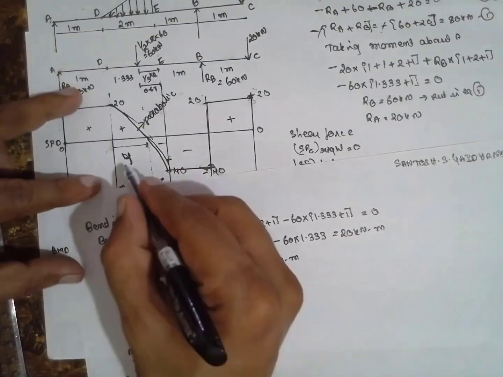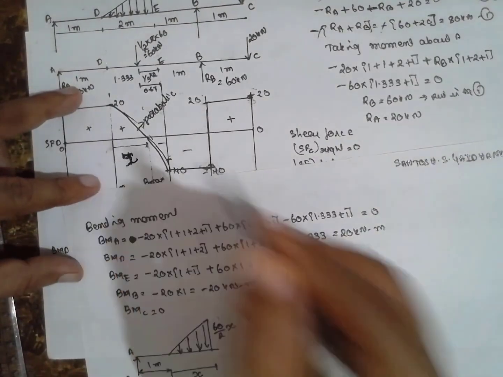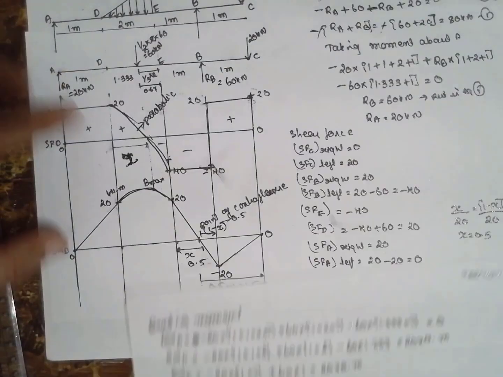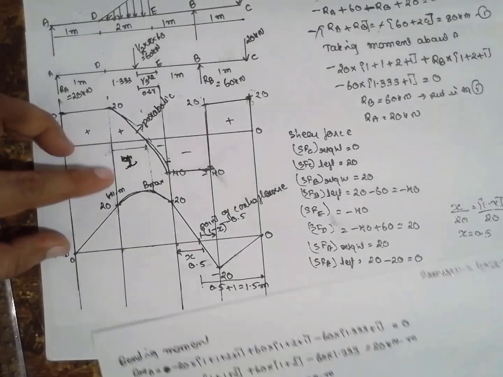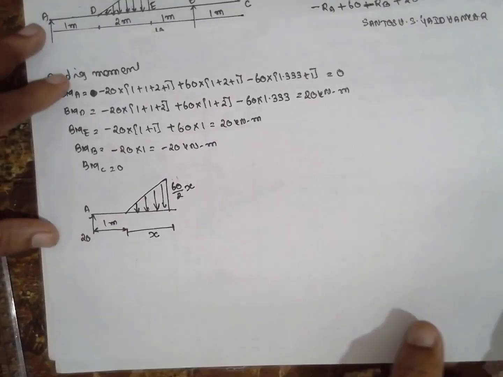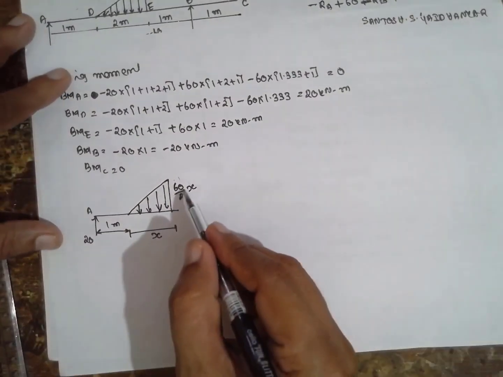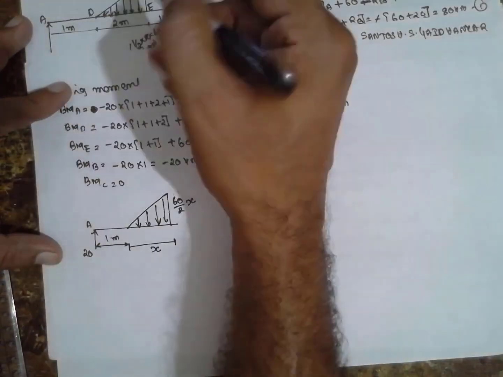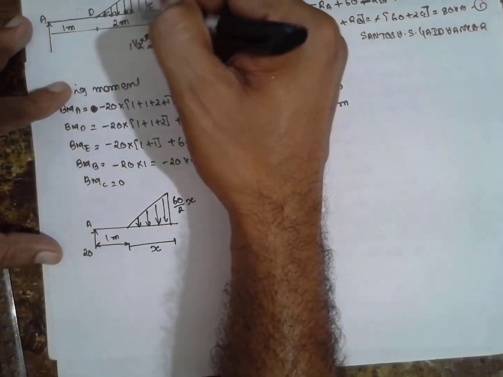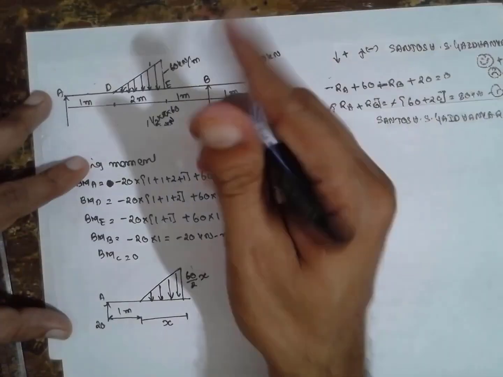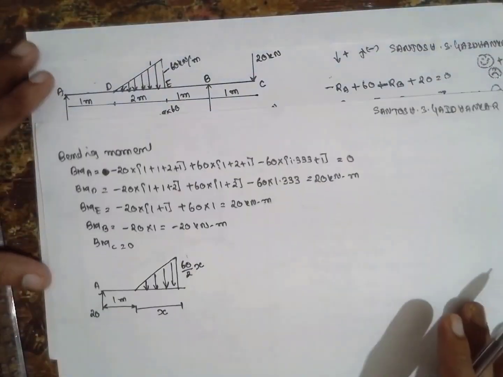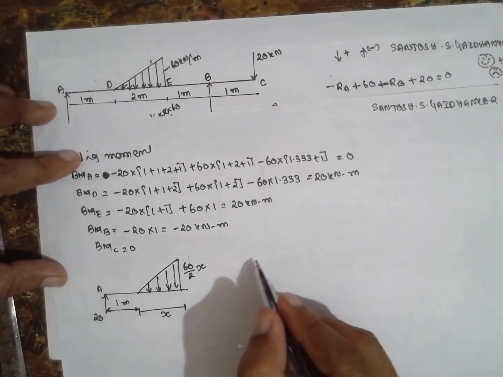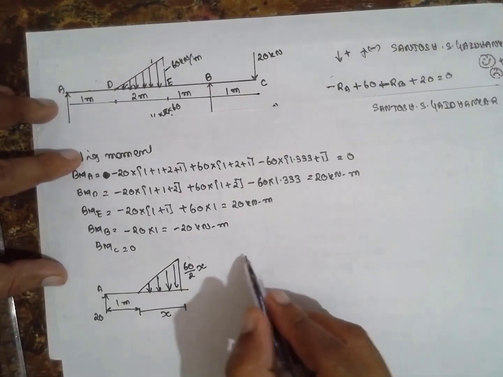Sorry, I have written y here. Take it as an x here, because in most of the problems I have solved, x was used. Don't confuse it with the x value. Or you can consider x dash here. No problem. It is nothing but 60 divided by 2 into x, the base into x. X is nothing but this distance I am considering. Or you can consider it as a y also. No problem. Okay?